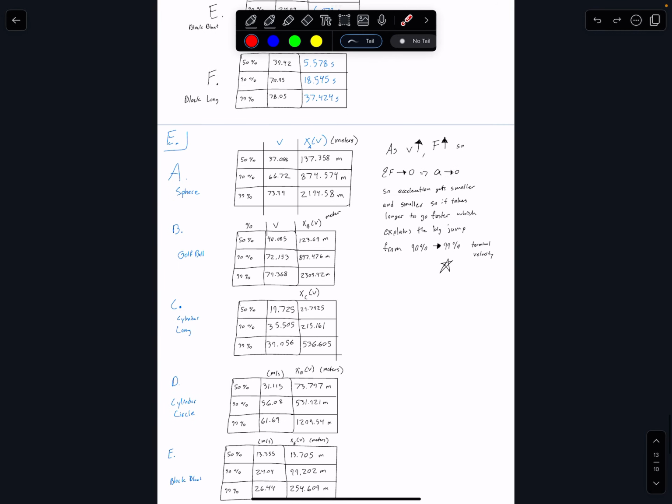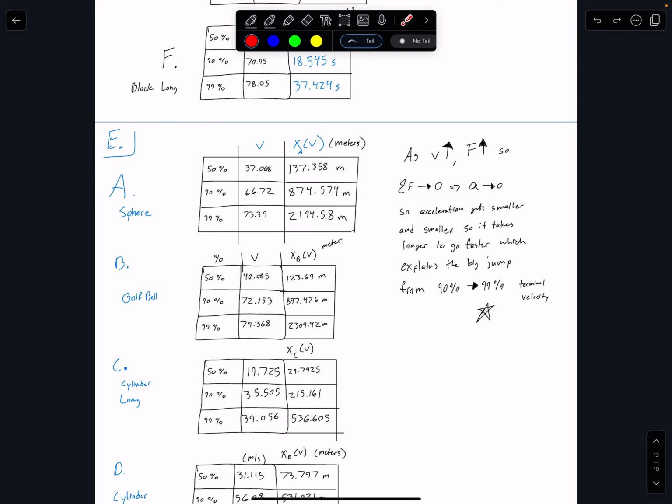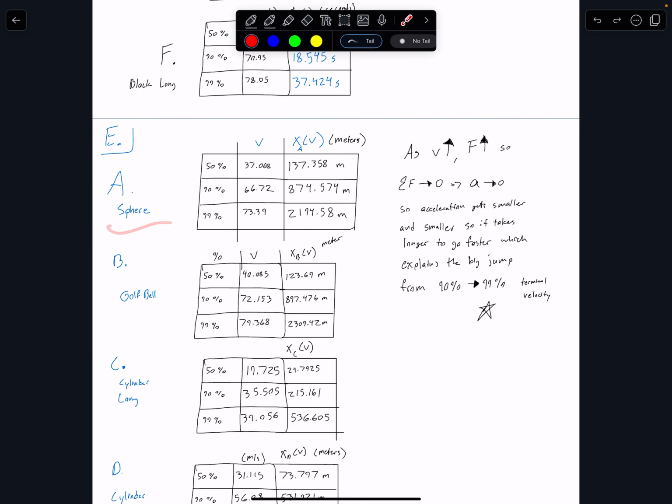But then for part E, for the sphere, or object A, half of terminal velocity took 137.358 meters, 90% takes 874.574 meters, and 99% takes 2,194.58 meters. So you see this humongous jump because at this point it's going 66.7 meters per second, and it takes